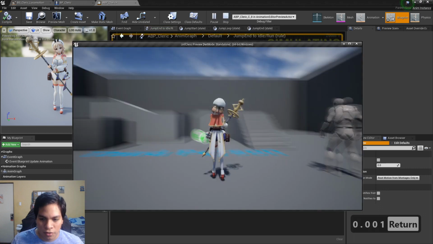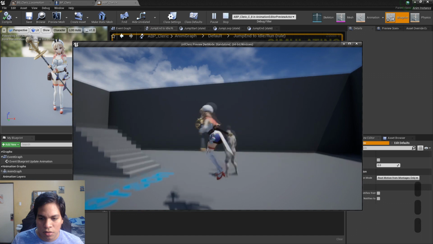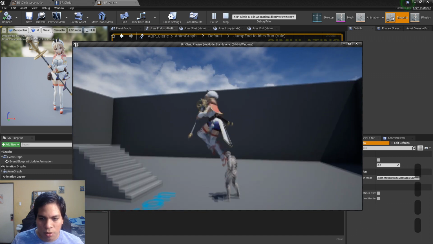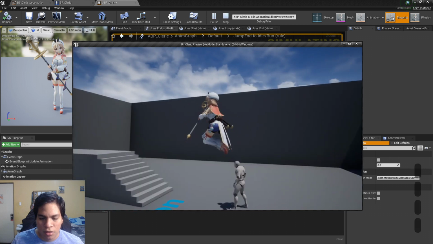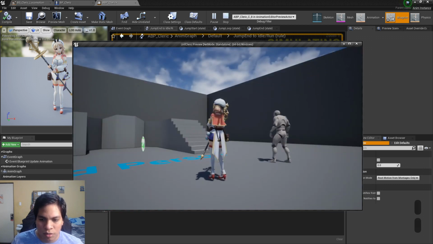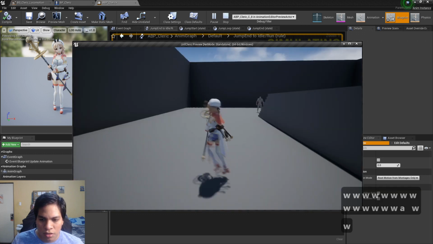Now let's check if more of the animation plays. Yeah, I believe it does. It's good, it's fast, because otherwise if I'm walking around and I jump, the animation doesn't